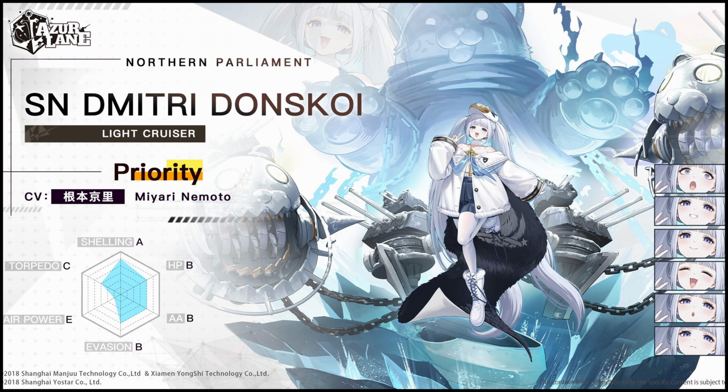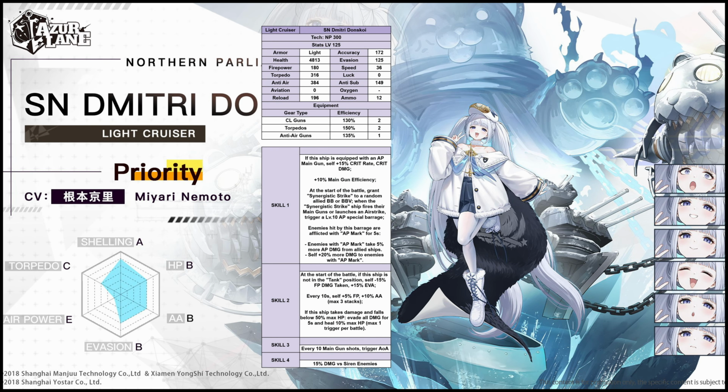Soviet Navy Dimitri Donskoy. Super rare light cruiser. In order to start researching her, it's only 300 Northern Parliament fleet tech. She has light armor, health pool 4813, firepower 180, torpedoes 316, anti-air 384. Aviation 0, reload 196, accuracy 172, evasion 125, speed 36, which is very fast, luck 0, anti-submarine 149, oxy 0,